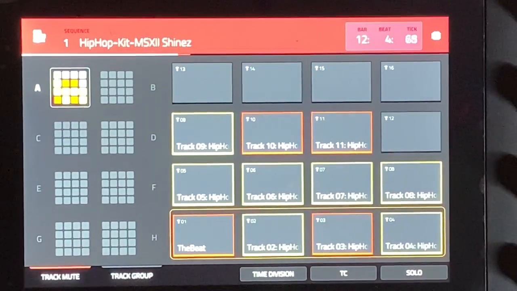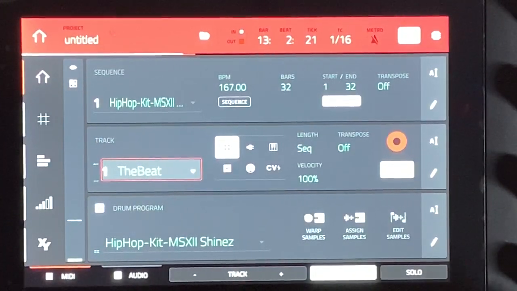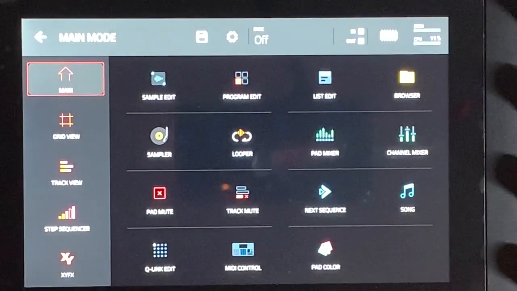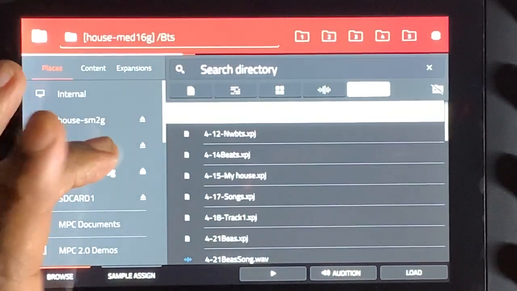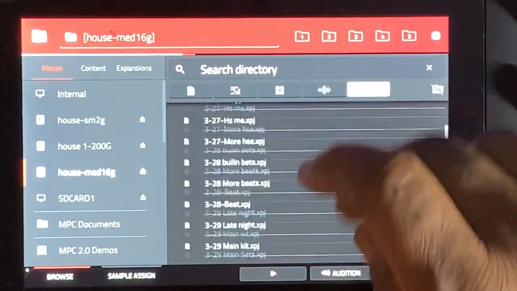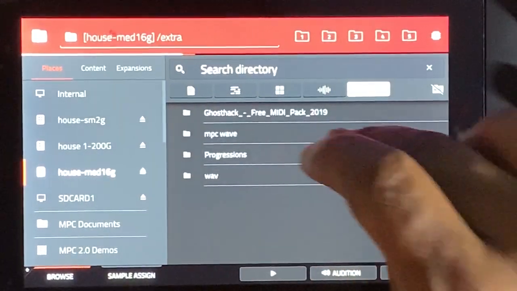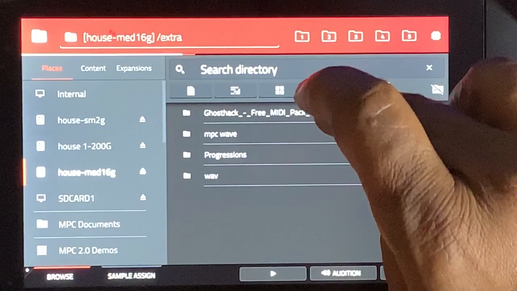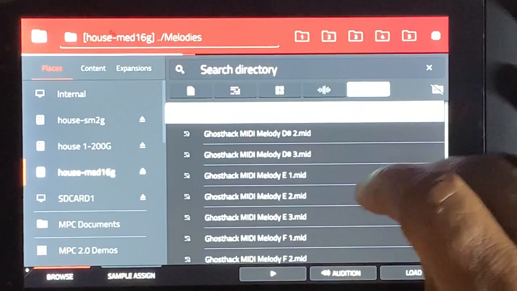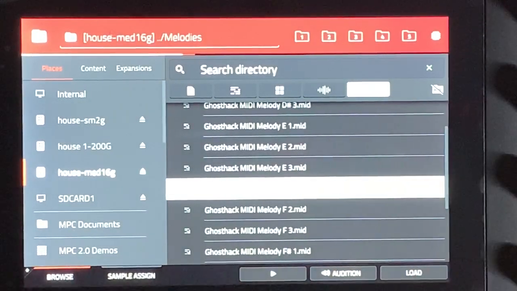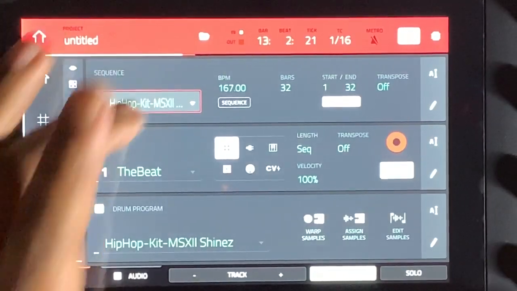All right, so that kind of worked. But one of the things that's been giving me a little bit of surprise is trying to figure out MIDI. So let's put some time in and actually go to one of my MIDI files and try to import it and get this MIDI thing figured out in terms of importing MIDI from MIDI packs. So I got this Ghost Hack free MIDI pack, arcs, basslines, chords, melodies. Let's try melody. I don't think it's going to play it. So we'll take this melody, we'll load it, put it in the next sequence, go to main, go to this